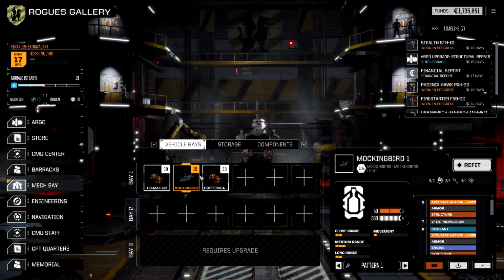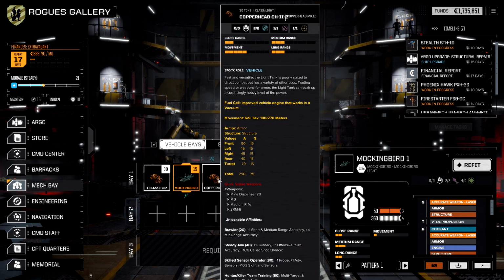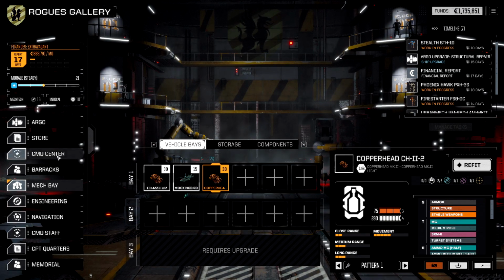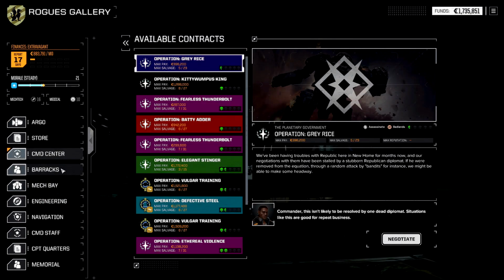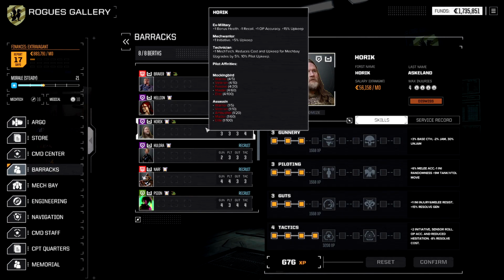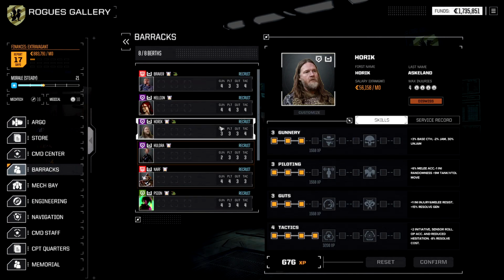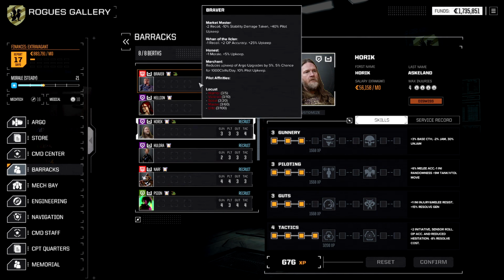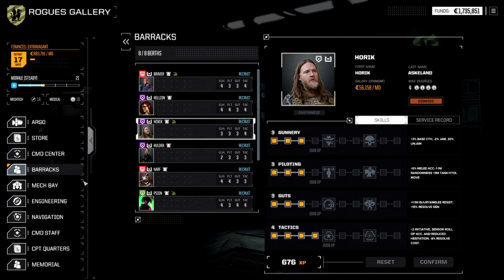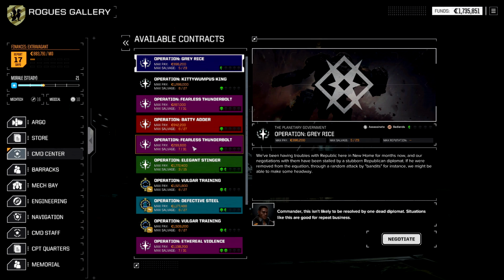So yeah, I definitely think the Copperhead is going to be... What's his name? Horik. Horik is going to go in the Copperhead. Rusalka is going to go in the Mockingbird. Braver is going to go in the Locust. And I'm actually going to save that till tomorrow. So we're going to end the episode today by just looking and deciding. Now that we know we will have the Mockingbird getting 13 evasion,